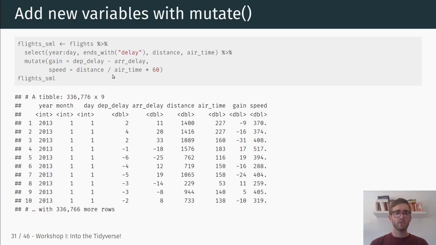We can also, and this is kind of the most important part when it comes to data transformation, add new variables with mutate. And mutate works in a way where, again, we pipe a data frame into the mutate command, and then we can create a new variable by,